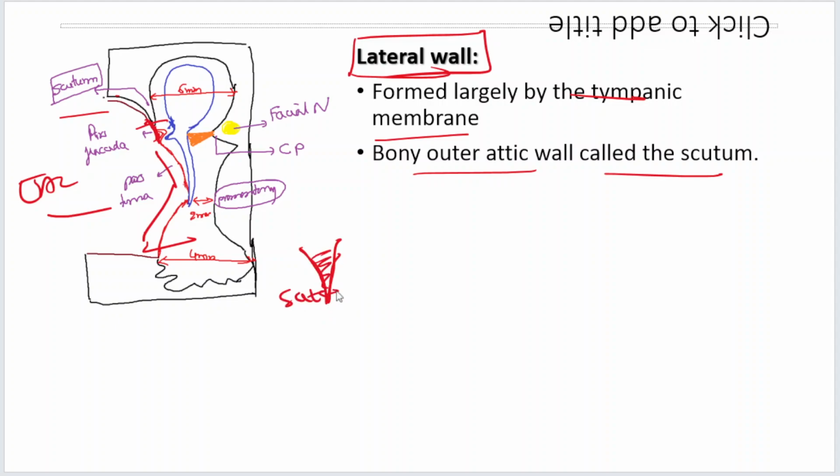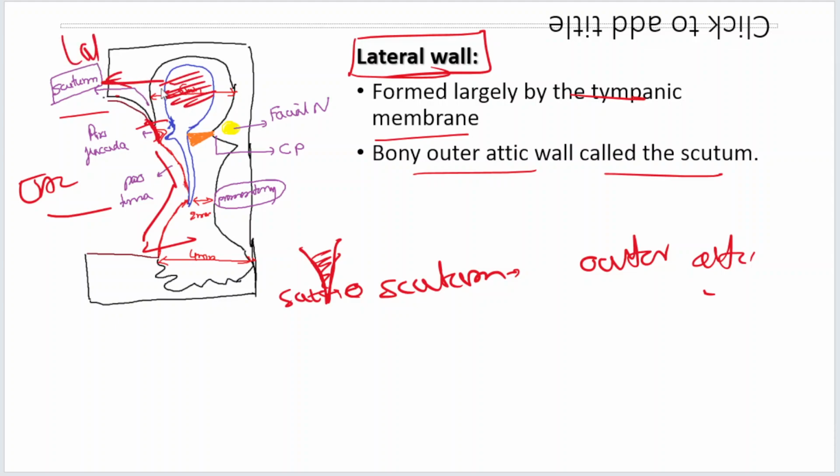This is the scutum, also called the outer attic wall, because this is the attic, and this is the lateral side. This is the wall that is separating it from the outside laterally. It forms a boundary of the attic. So if you drill it, you can directly enter into the attic, and that becomes atticotomy. Also in CSOM atticoantral disease,